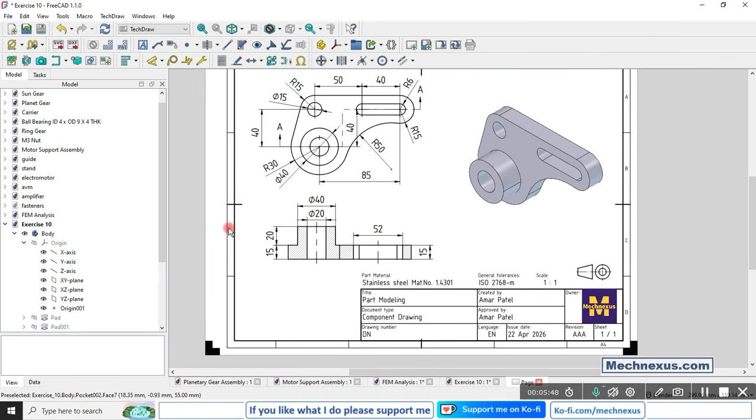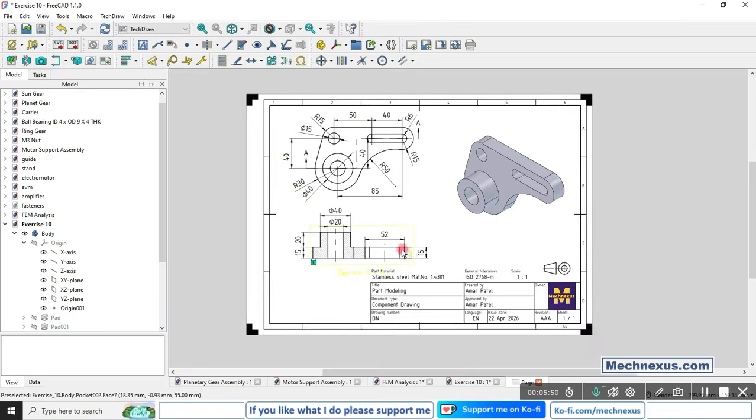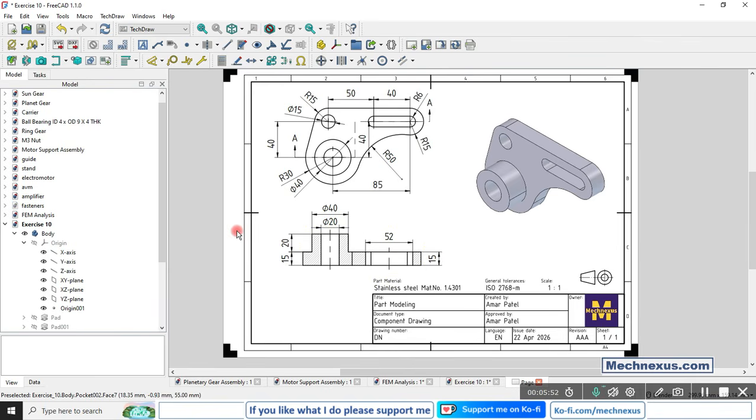In an upcoming release of FreeCAD, the bugs the users are facing will get fixed, and I hope that FreeCAD will be more stable in upcoming versions. Now